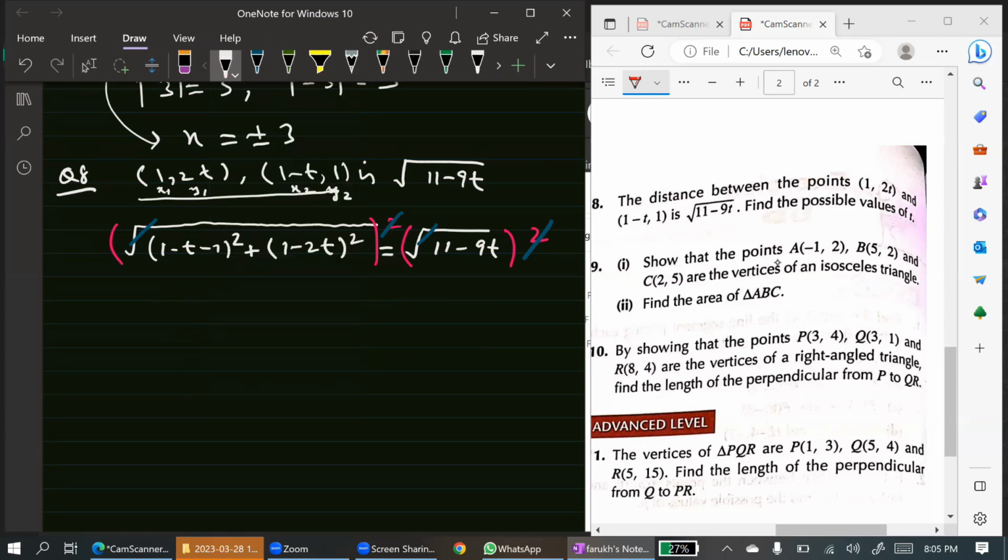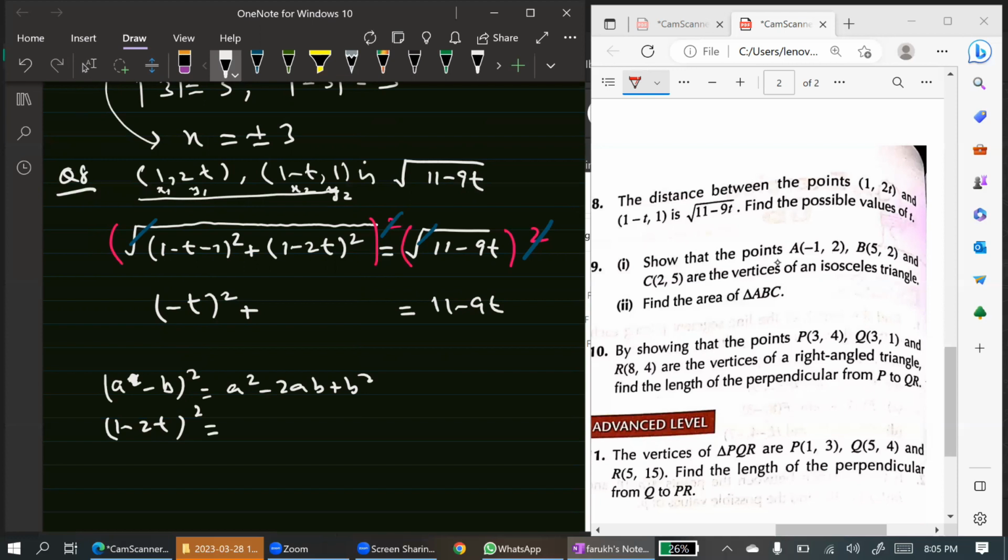Now 1 cancelled out with 1, and we are left with 1 minus t square. Please open the formula for 1 minus 2t whole square. The formula is: a minus b whole square is equal to a square minus 2ab plus b square. Now 1 minus 2t whole square is equal to